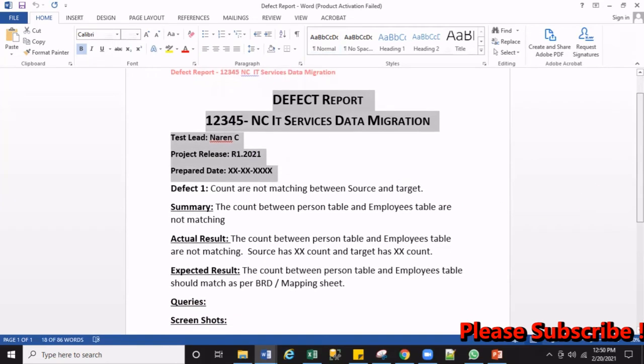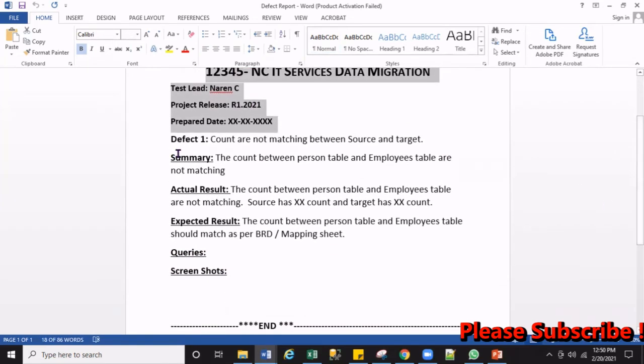So here are the basic things that you have to include in a defect. First, write a defect name. Then write a summary of the defect. What is the actual output that you found, and what is the expected output that you are hoping? What are the SQL queries, and put the screenshot. So for example, I have given here, let's say my count is not matching.